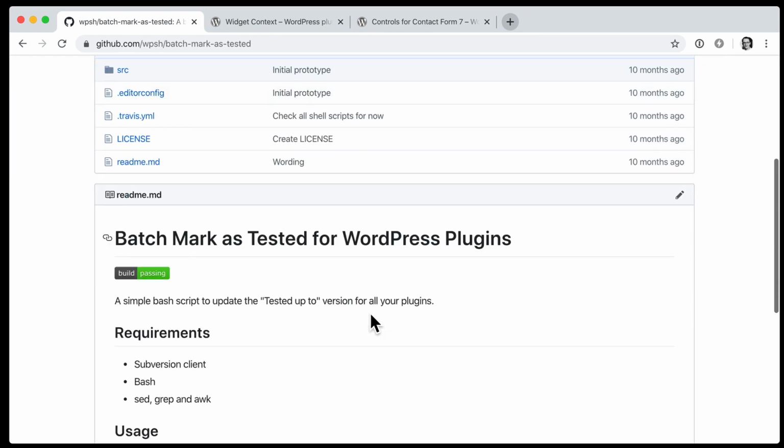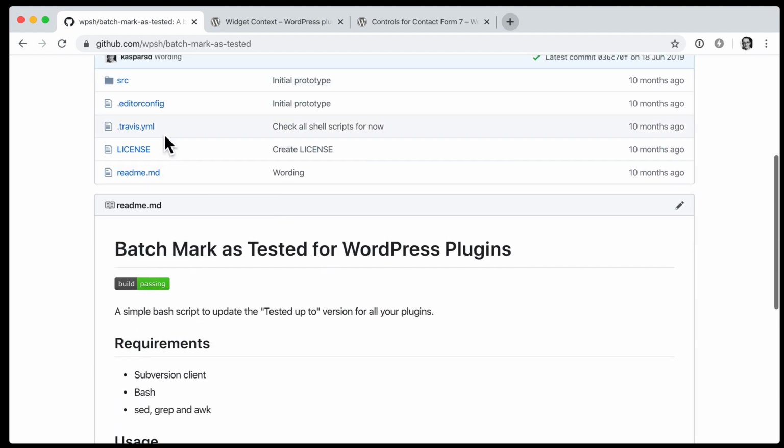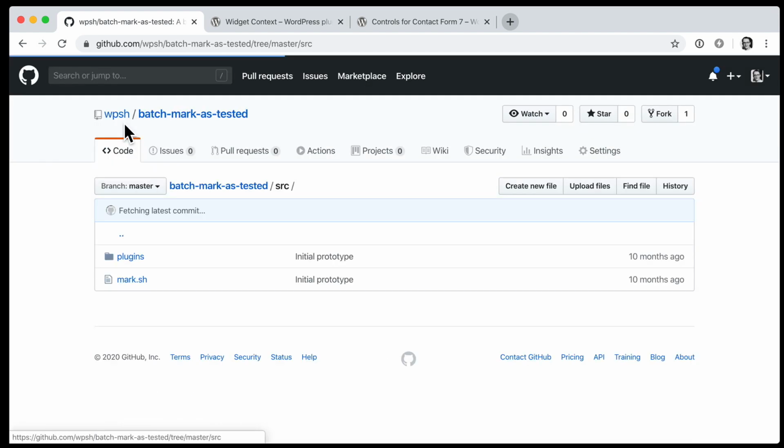So essentially I'm going to be following the instructions here. It requires some additional software. So the subversion client has to be installed, bash, and then sed and grep and awk, or however you pronounce that. That's for handling all the magic in there. So it's essentially this one file,